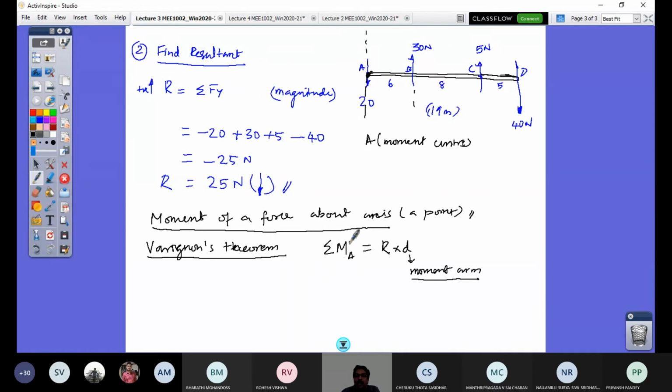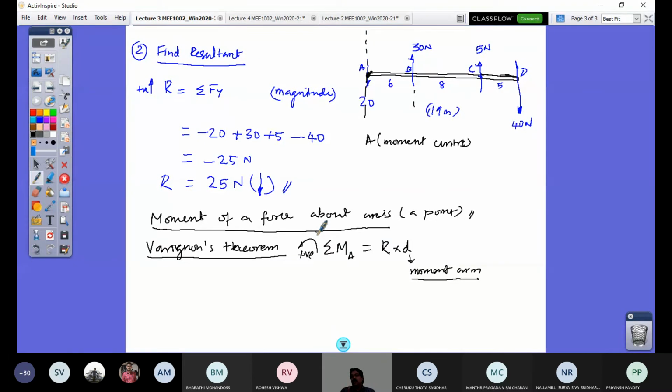So now what is this sigma MA, the moment of the individual forces about point A? I'm going to find it on the left hand side first. The convention that I follow here is that a counterclockwise moment is positive. What do you mean by counterclockwise moment? Look at your right hand, and the four fingers: if you align them with the line of action of the force, and then curve these four fingers with respect to the moment center, the thumb represents the positive direction of the moment. So here, counterclockwise moment is positive.